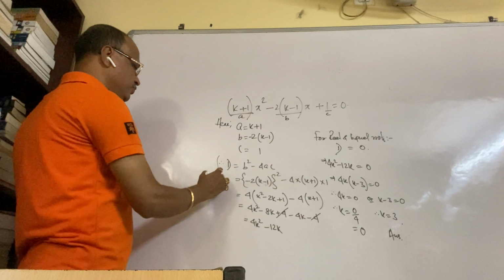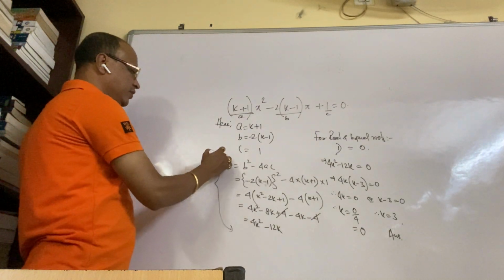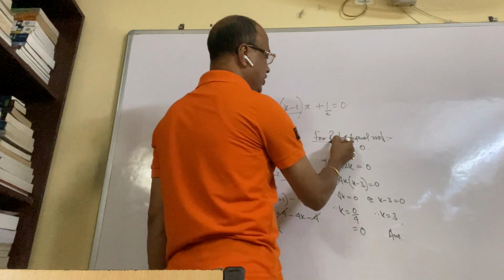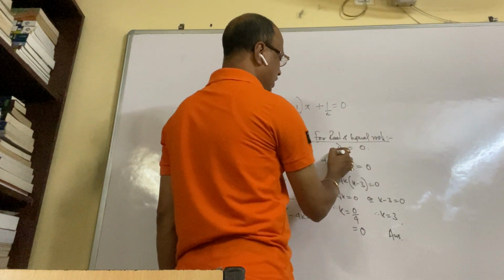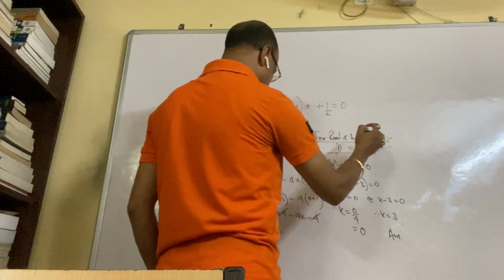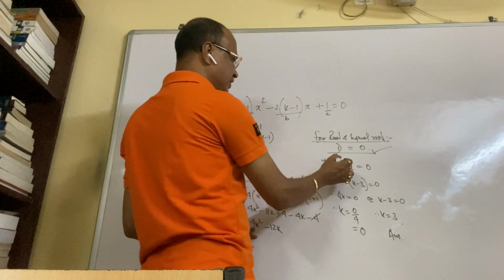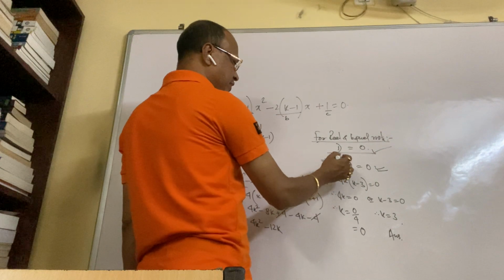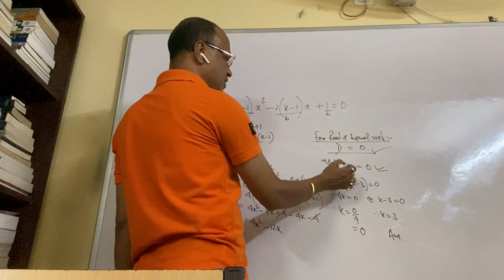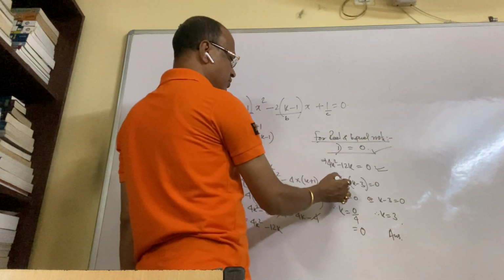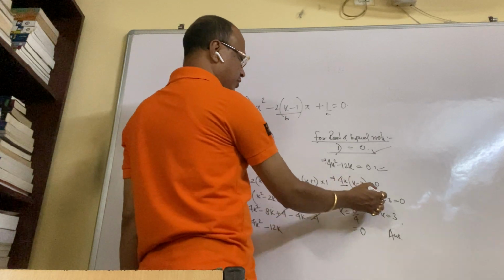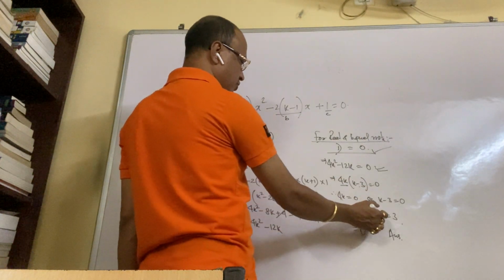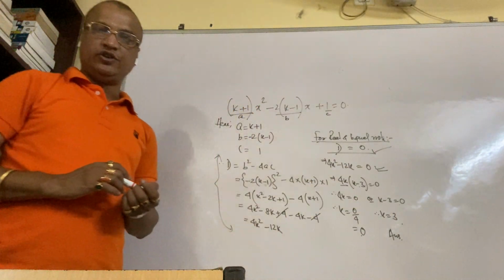Always first thing is we have to find d. Always calculate d carefully. After getting d carefully, question is told real and equal roots. So for real and equal roots, d equal to 0. The value of d is 4k square minus 12k. So 4k square minus 12k must be 0. Now we are factorizing. So 4k is common, k minus 3 equal to 0. So either 4k equal to 0 or k minus 3 equal to 0. So k equal to 0 by 4 means 0 and k equal to 3. So 0 and 3 are the answer.